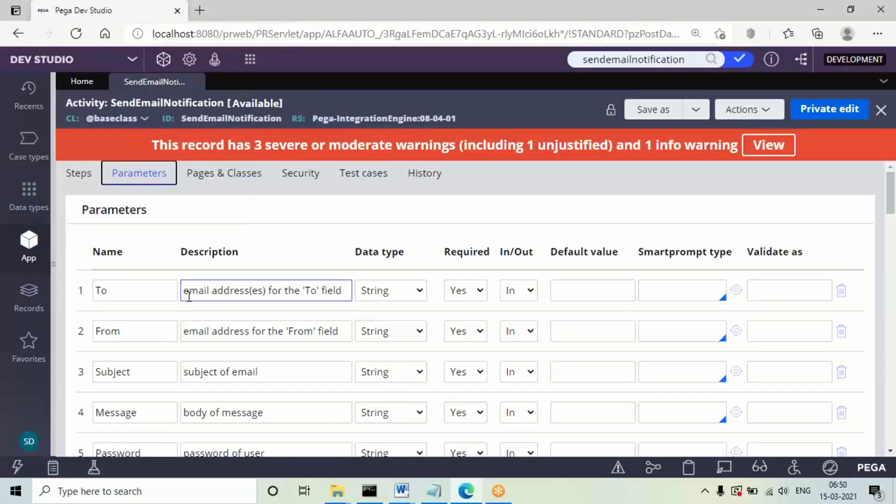So what I'm going to use means, I'm going to use the save as option. See, this is a predefined API which we are going to use in our activity, but we need all the parameters which we have in this API. In this, some 6 to 7 parameters are required in our example. Open this one, use the save as option.